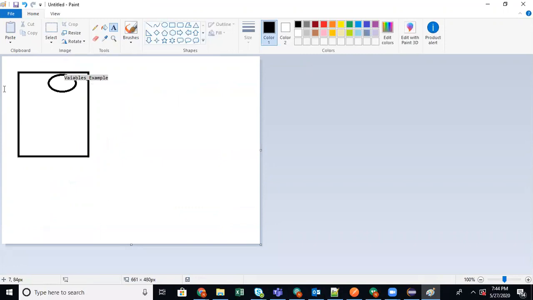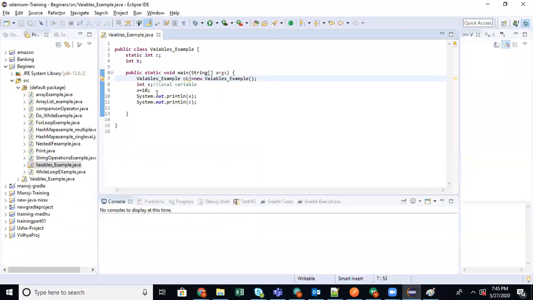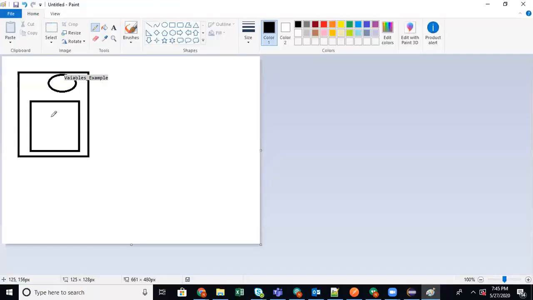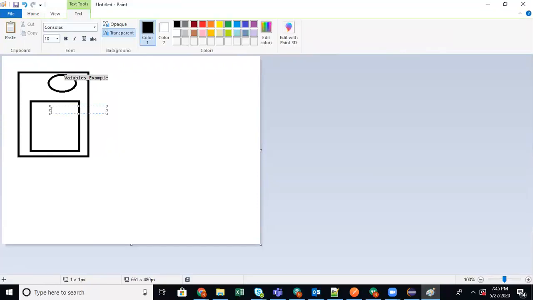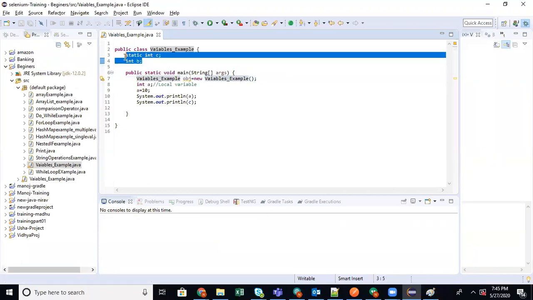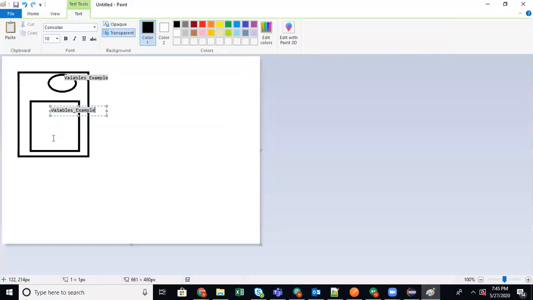Okay. Correct. So what all does it contain? It contains an instance variable, a class variable, as well as the method, the main method.